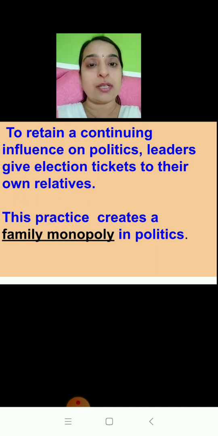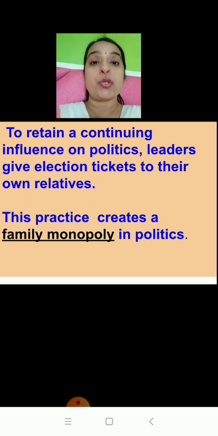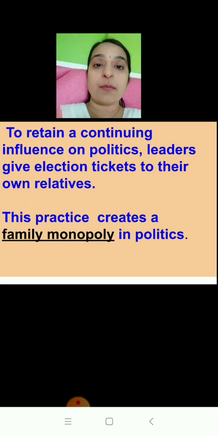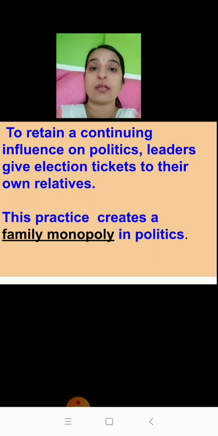Then we had also learned the challenges which are being faced by the Election Commission to conduct the elections in a free and fair atmosphere. So which were the challenges, children? Misuse of money, candidates coming from a criminal background, then family monopoly, and even violence. Violence is also taking place significantly nowadays, during elections.